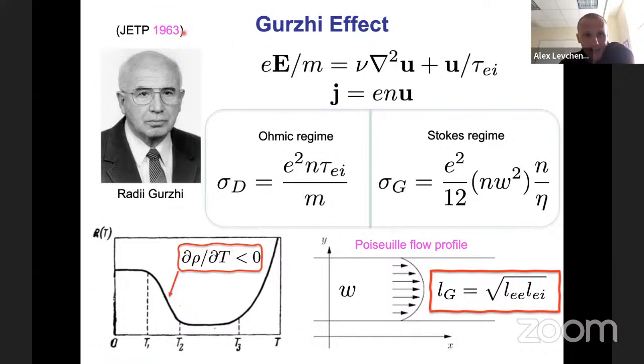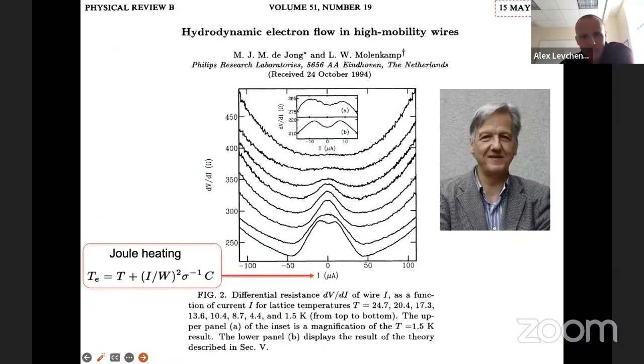So pay attention, this is 1963. He wrote a review article that was published in Physics Uspekhi, which is a Russian review journal, about the same time. And I would say that was it. And then next, I would say the big development was in 1994, because it took that much time to get into the regime where this becomes reality, rather than a theoretical desire, to get into materials that are pure enough and tunable enough that you can realize it.